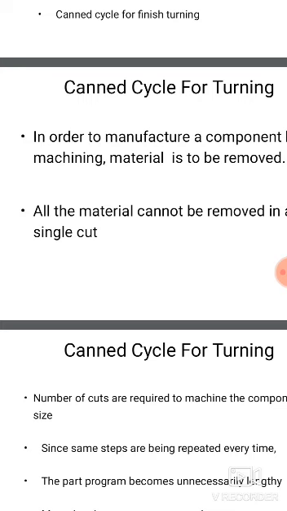The syntax for writing the canned cycle is N03, G84, X18. X18 is the depth of cut. Z30 is the length of the material, how much the tool should move. Next, end of the block. Okay, G84 here indicates the canned cycle for thread cutting. X18 I am giving is the thread cutting minimum diameter. Okay.